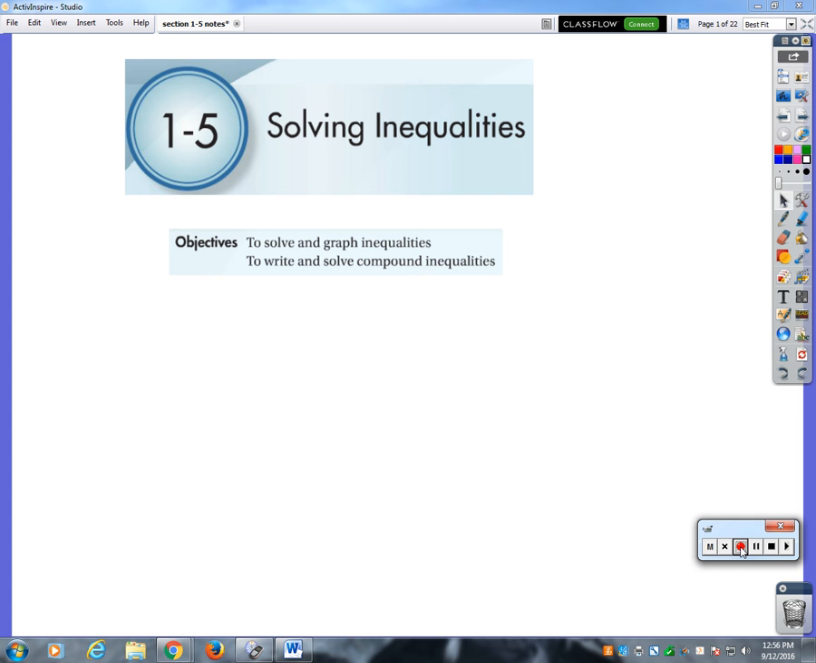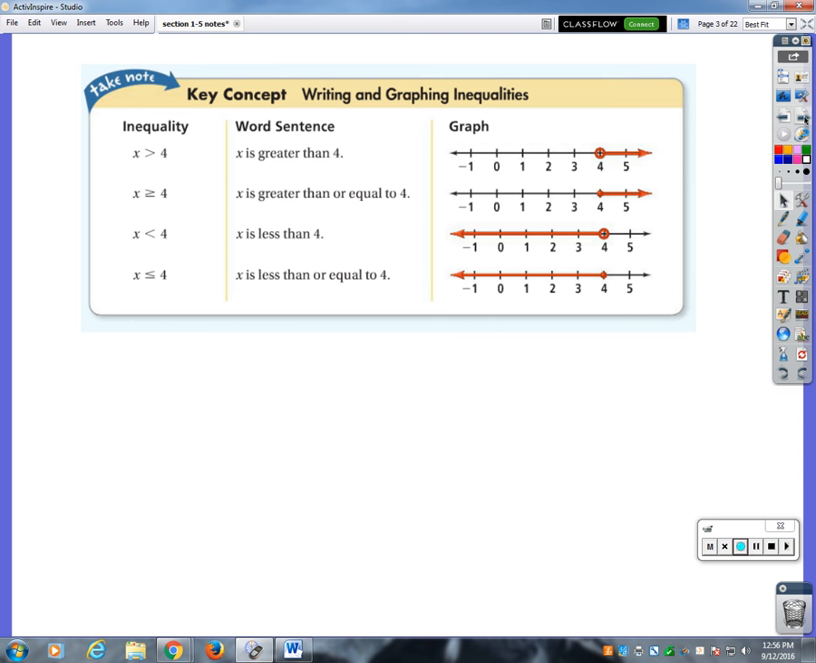All right, so in our last section, we were talking about solving equations. Today we are going to talk about solving inequalities. Very, very similar to equations. All the steps, all the process is the same. You just end up with greater than or less than or whatever instead of equal to. So as usual, we are going to start with a